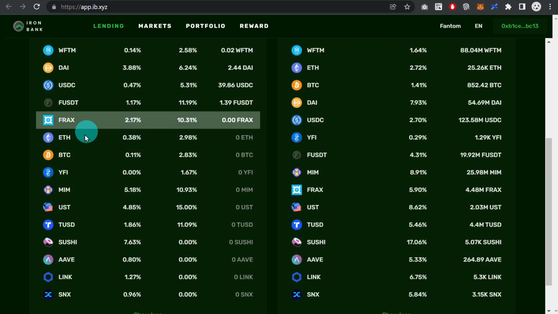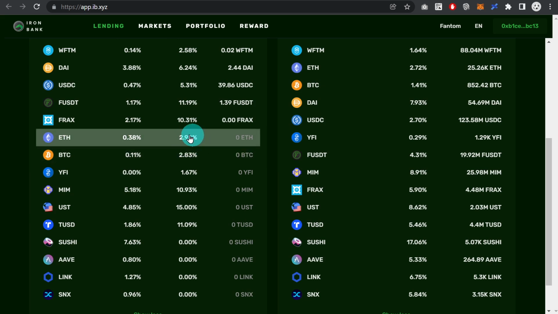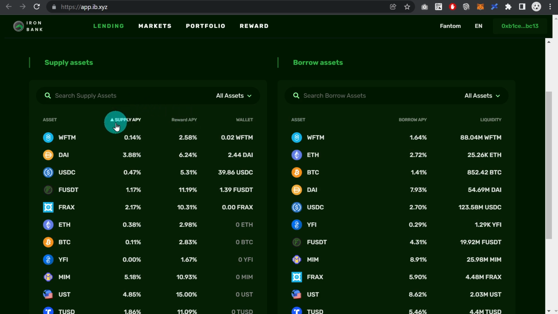When we now supply Ethereum over here, we've got a way higher return, right? 3% over here. Note there are two kinds of returns. I personally haven't used Iron Bank yet, but it is a pretty large decentralized app on Phantom. I assume, please correct me if I'm wrong, that you get both of those APYs. This is probably paid out in the Iron Bank native token, and this is simply paid out in the base, in Ethereum. So I would assume supplying Ethereum over here pays out a bit over 3% per annum.